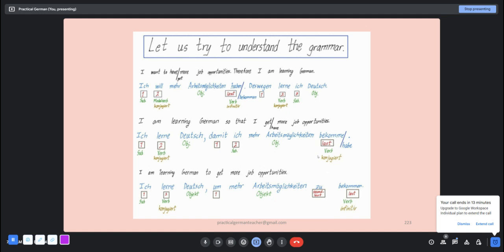But if I have to prepare for some exam, or I'm someone who does not want to make a lot of mistakes, I will go with the third one, because then I don't have to conjugate the verb. Here there is a mistake that you can make: if I write 'du' instead of 'ich', or if I have some complicated verb, an irregular verb or mixed verb, the conjugation is a little bit tricky, right? But here you don't have to conjugate it. If you don't have to conjugate, there is no chance of making a mistake if you know the verb. Makes sense?